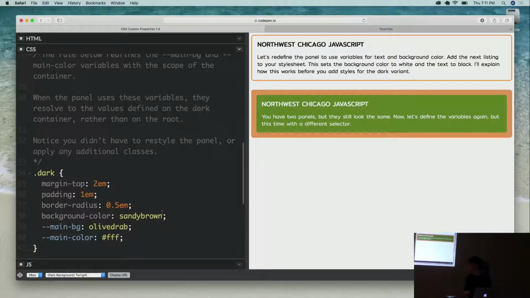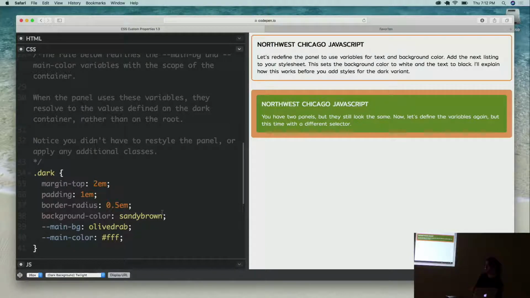Or is this main BG now set for the rest of the document? This is what the meaning of scope basically is. You see these curly brackets, basically sandwiching that code specifically for .dark. So if you have something later and you use it,